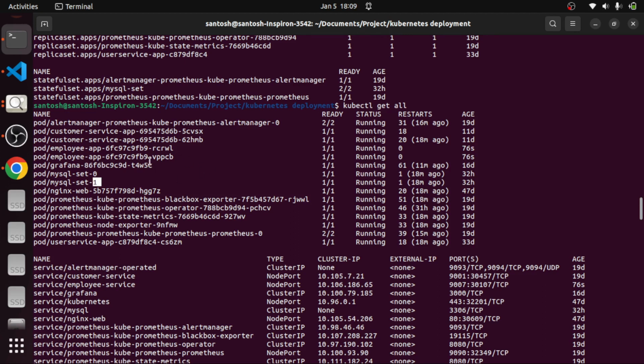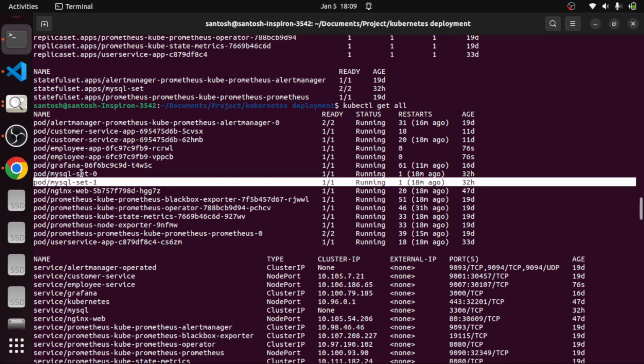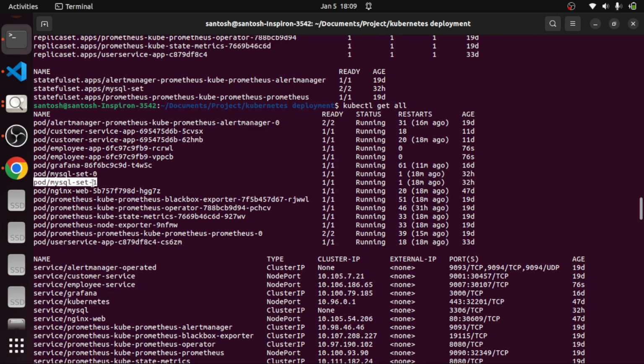But if we use a simple deployment, the pod name will be random. With the stateful set, the pod name is like this. So here we can say that MySQL set 0 is primary, and MySQL set 1 is a replica of this. Okay, so now I am done, and these are the things I have covered here, for CRUD operation and